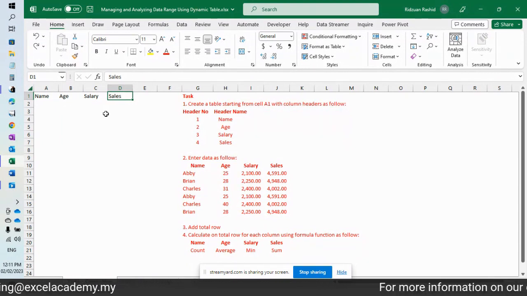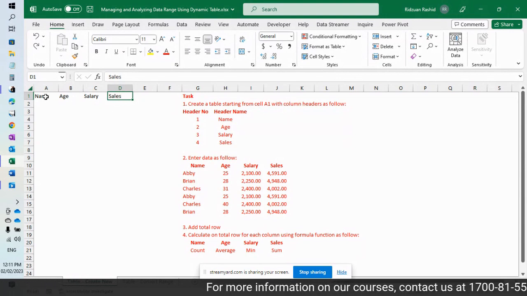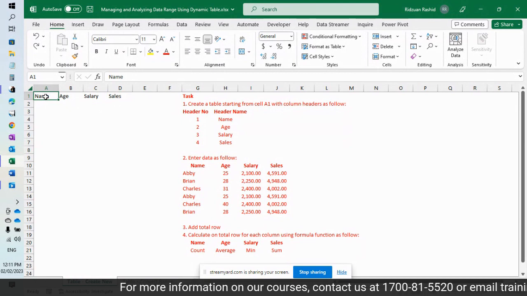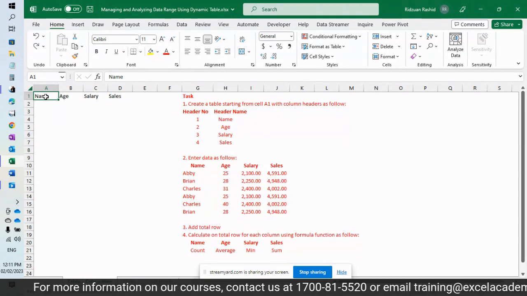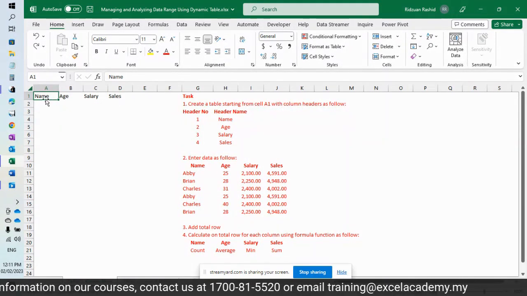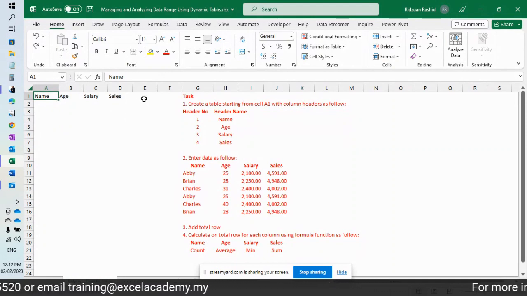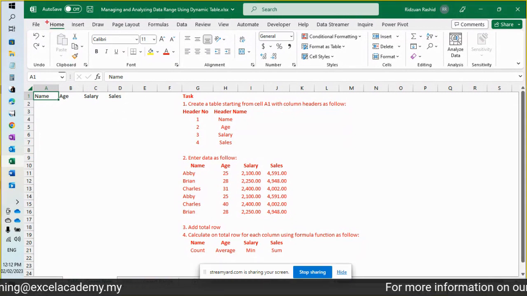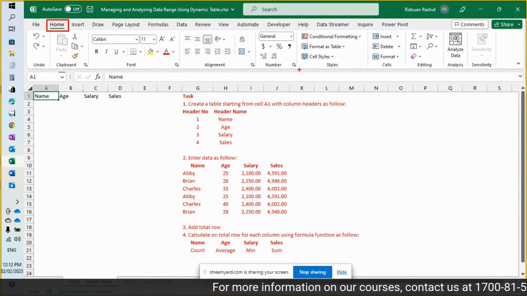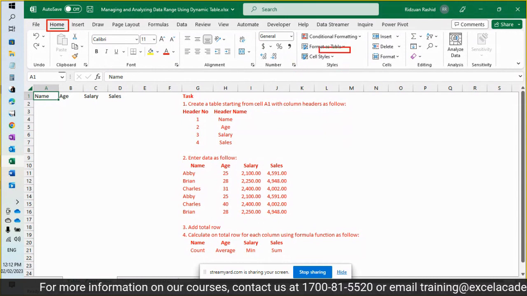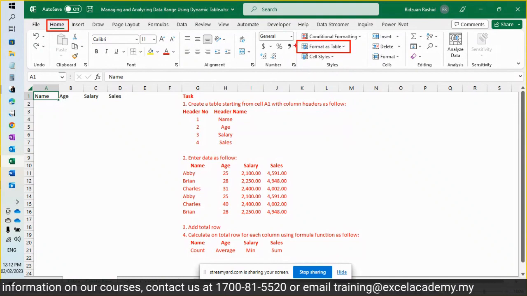So these are a few things, and there are a few other things that you will learn if you go into the proper trainings, right? So I do not want to waste more time on that. So what I'm going to do is, when I have this header, okay, the first method to create this into a table, you can find the function from the Home tab. On the Home tab, look into the Styles group, you can find Format as Table,